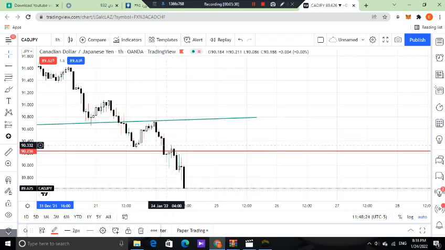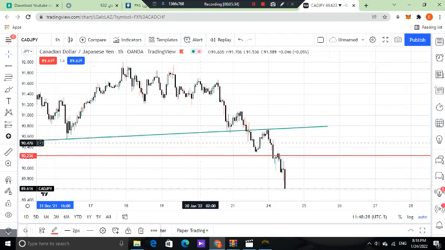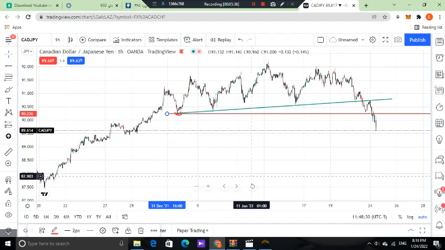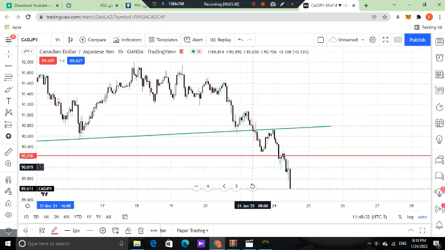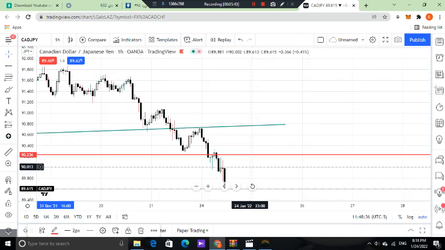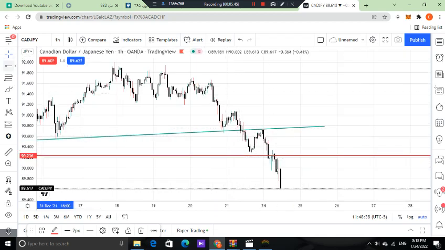When you see these feeble pullbacks, you have to get the idea and impression that this is a strong